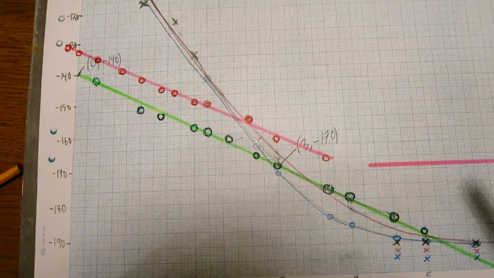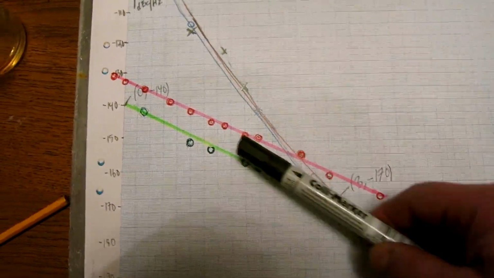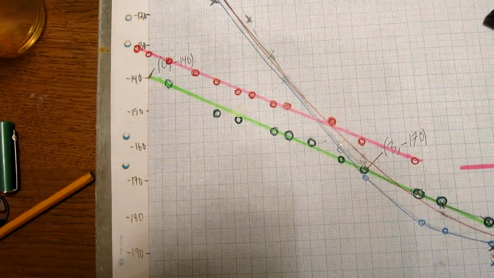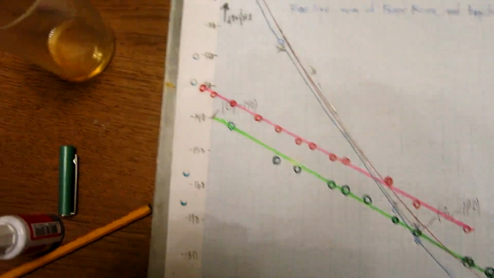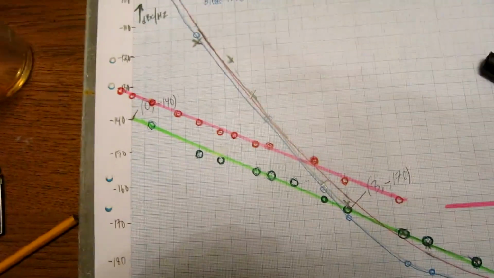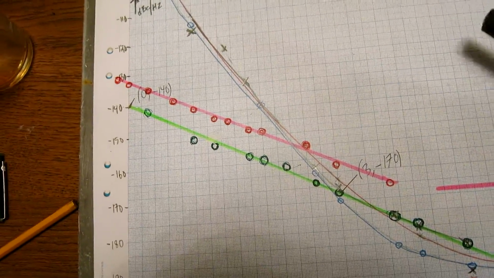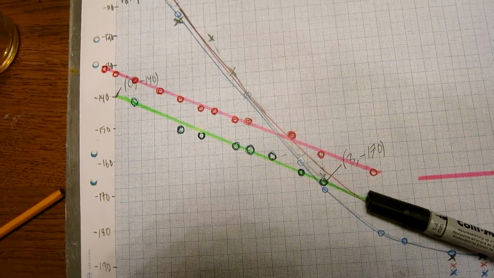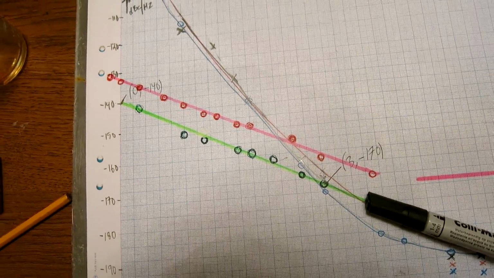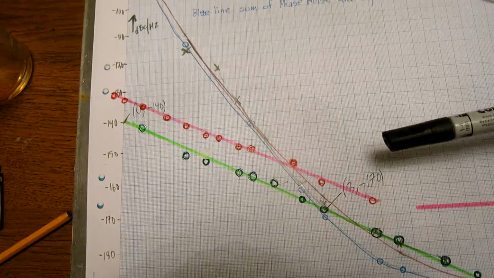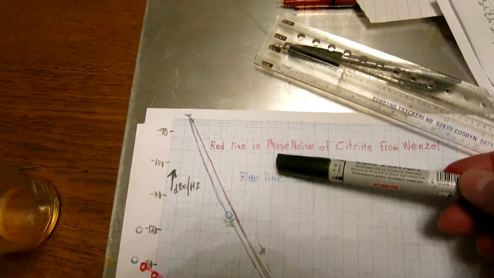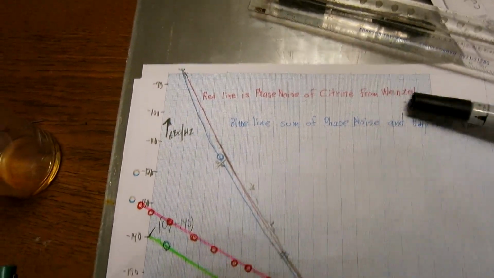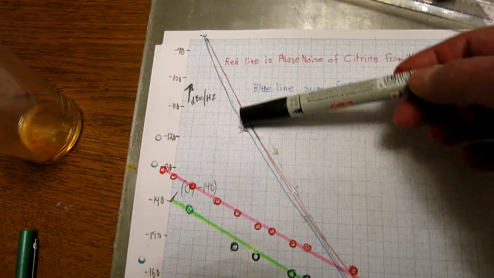Then there is flicker noise, like this, at a level of minus 132 at 1 Hertz. It is a little bit more than the noise I have seen in that noisy attenuator, but the oscillators, the red one, which is the citrine, the best I know of from Wenzel, or my oscillators, they are fairly similar,